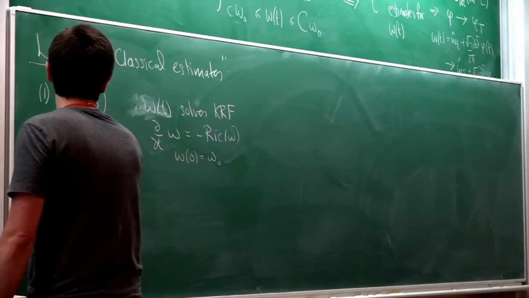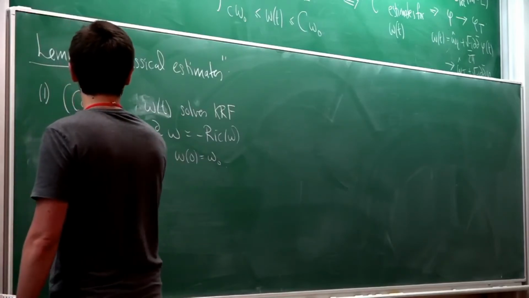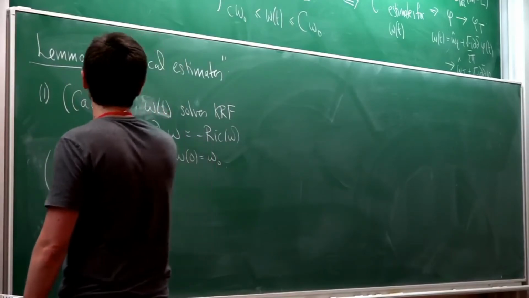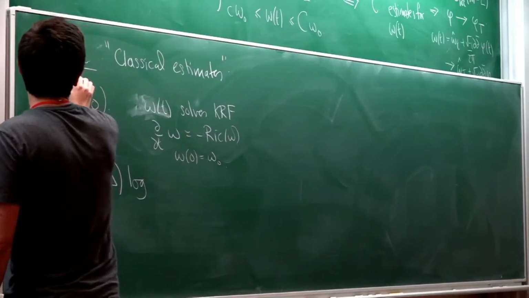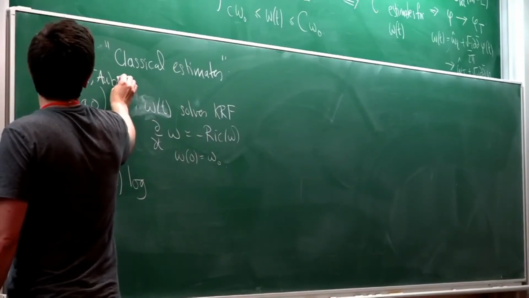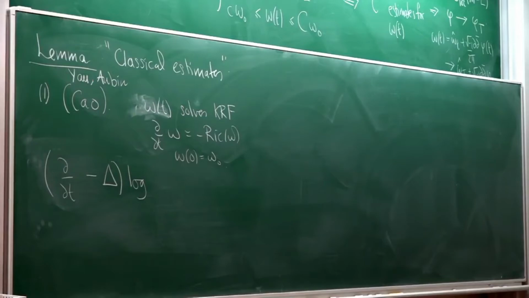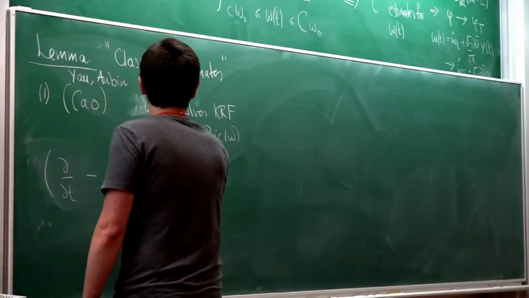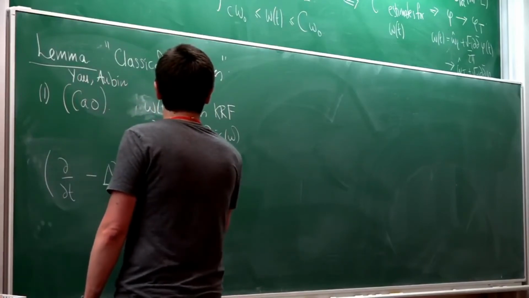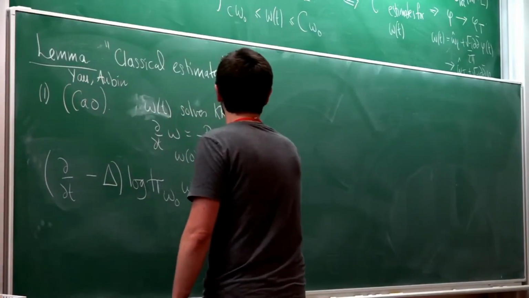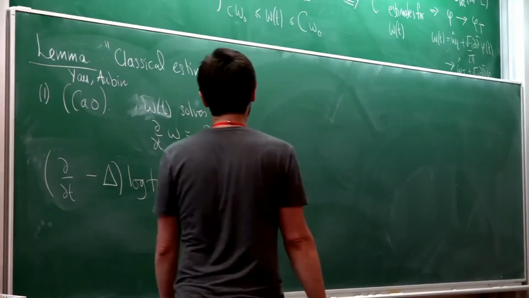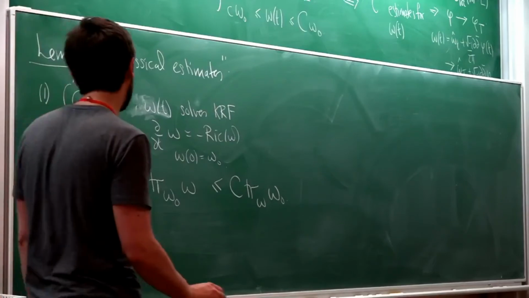And then we have this estimate that d/dt minus the Laplacian of the log, and let me say this is classical. The elliptic version is in papers of Yau and Aubin. So, in that sense, it's classical that this quantity is bounded by a constant times the trace of omega naught, where C depends only on the